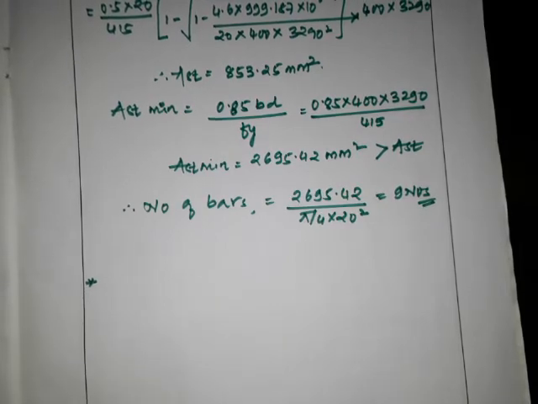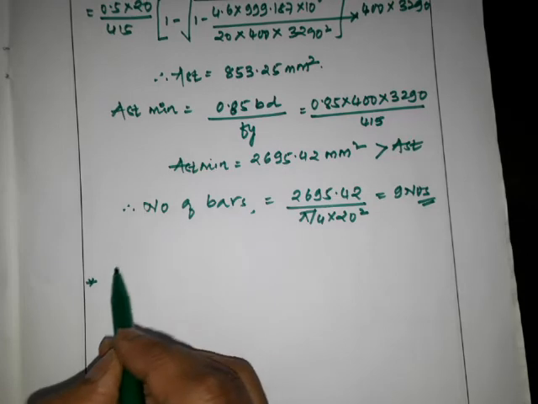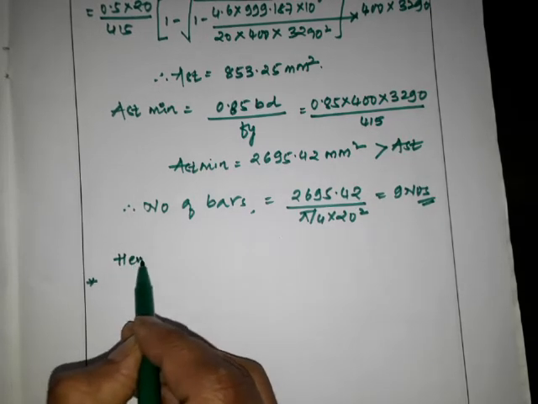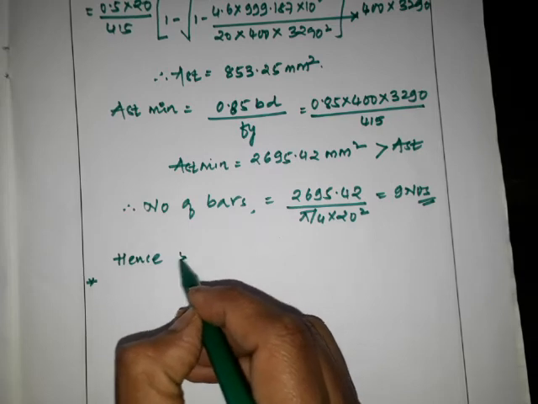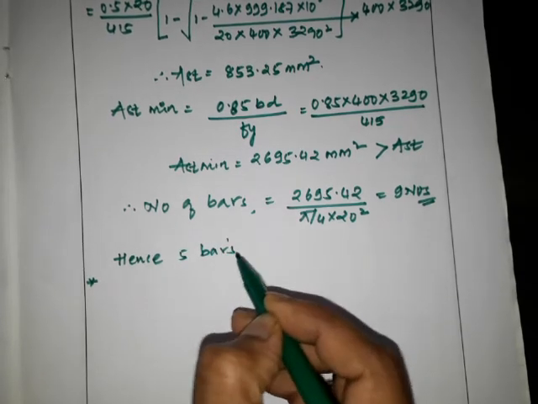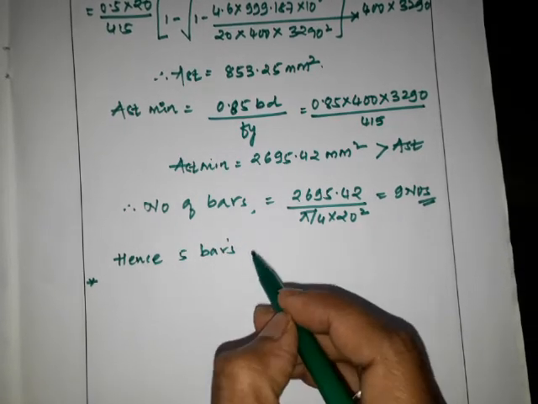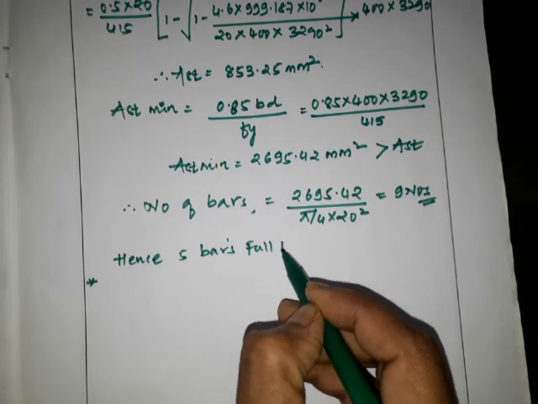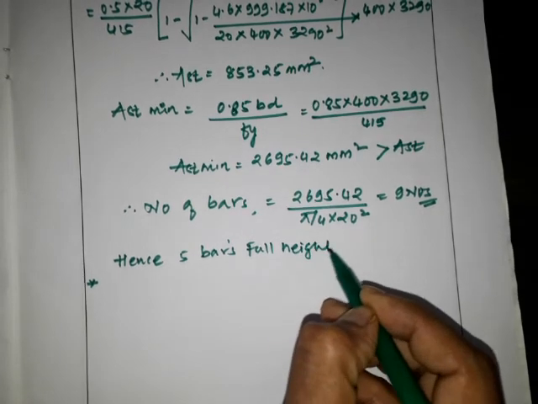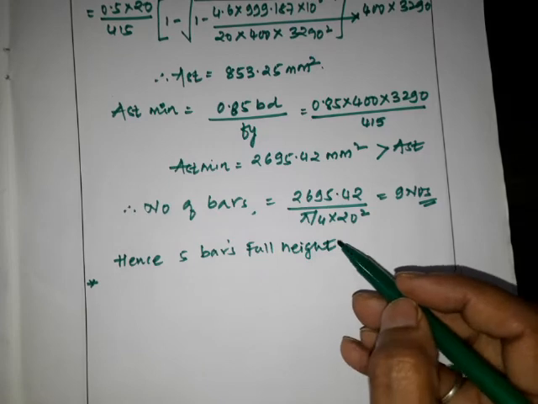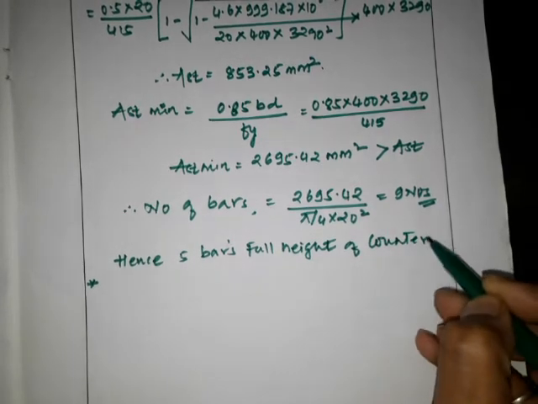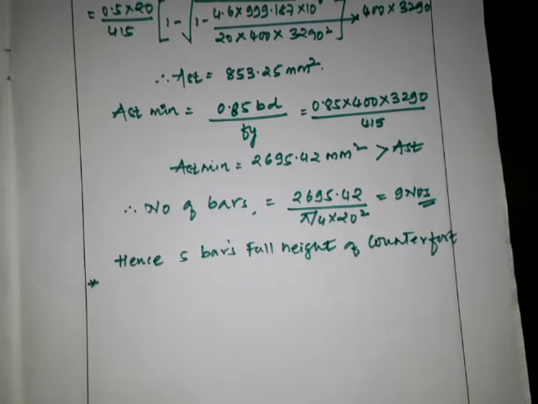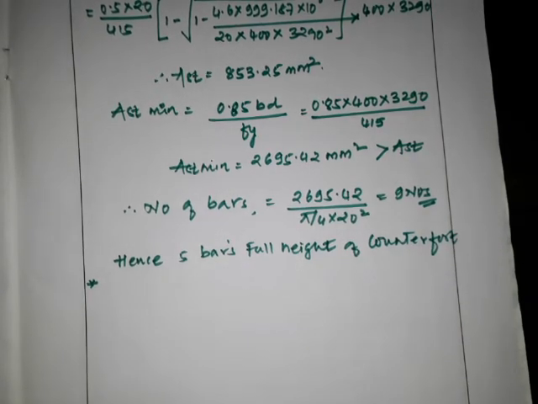So hence, five bars for the full height of the counterfort, and 4 bars